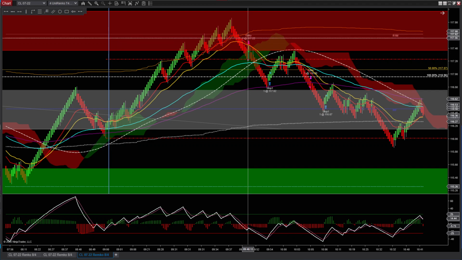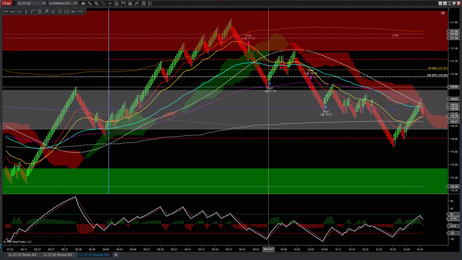I did not sell. I put my stop up here, thinking, okay, this is going to be a test and it's going to come back down. Probably it would have been a good idea to sell it right there at the 200 moving average, right there, right? Let's see. So right there would have been a really good, nice spot to sell a target. But I wanted this one to run all the way down to the lower side of the range.